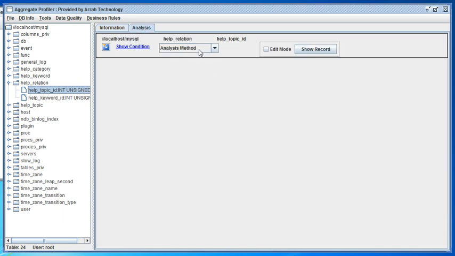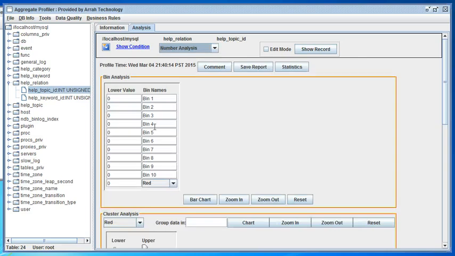When you go to analysis, we have different analysis methods, like number analysis, string analysis. You put your numbers here, and then